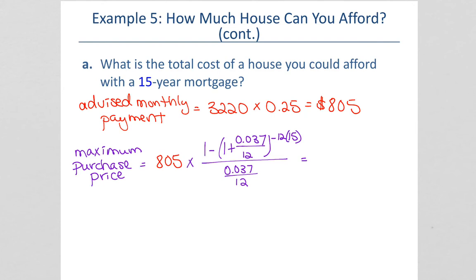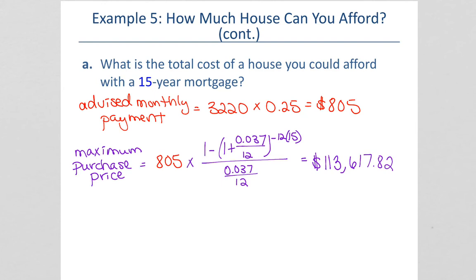So go through the same process that we've done on other problems. And so he could buy a house, or you, he or she, could buy a house for $113,617.82, except